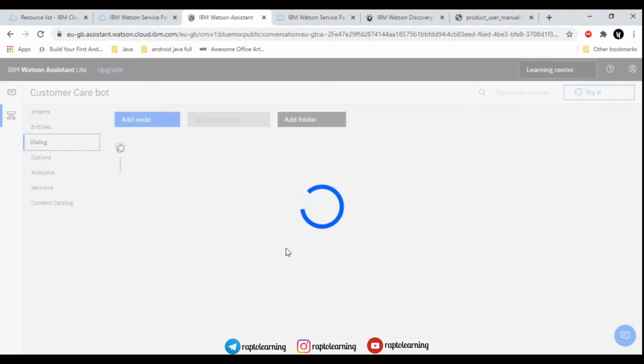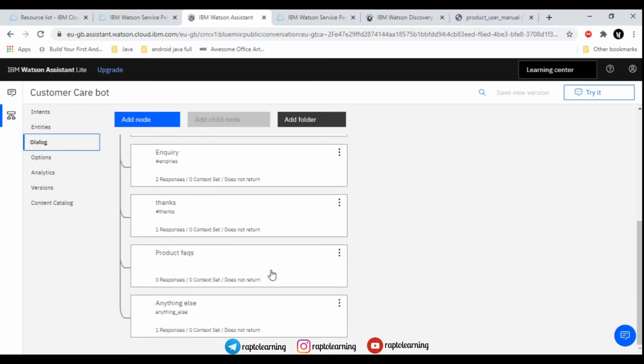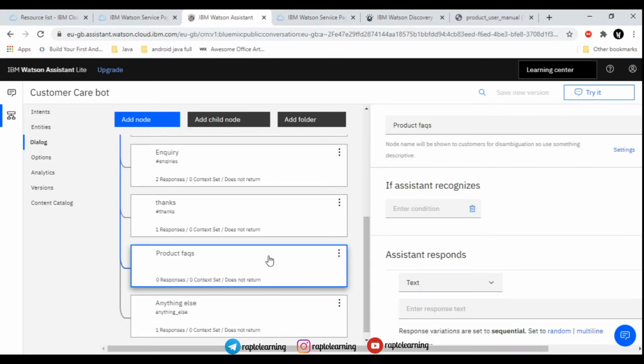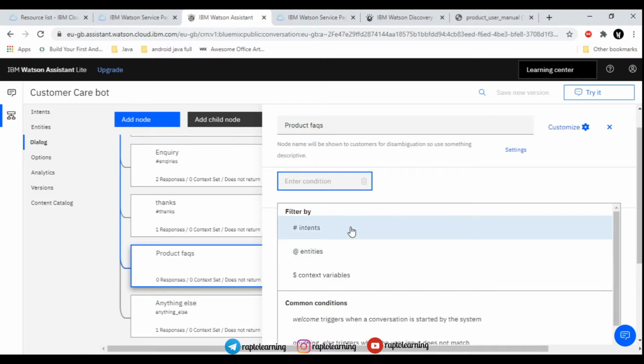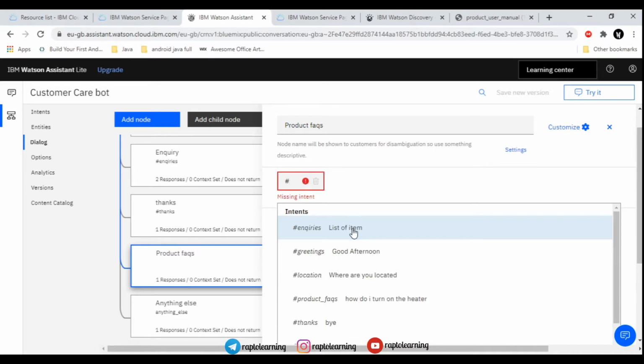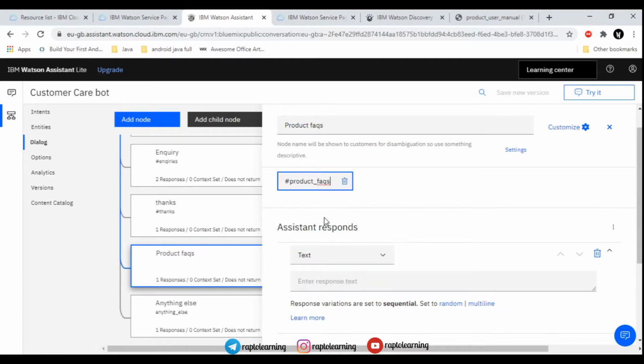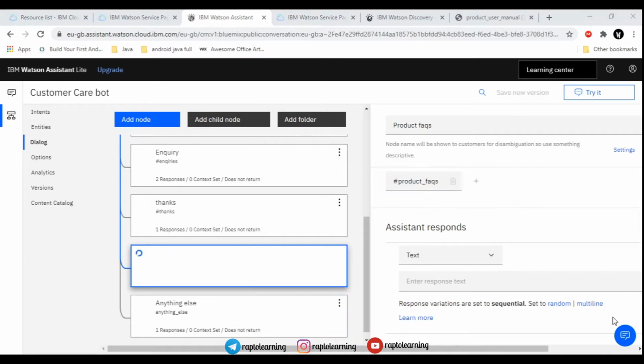So we will go back to our dialog, right? In the dialog option, just click on the product FAQs. We will write down here that if assistant recognizes intents, in intents we are going to search for product FAQs.